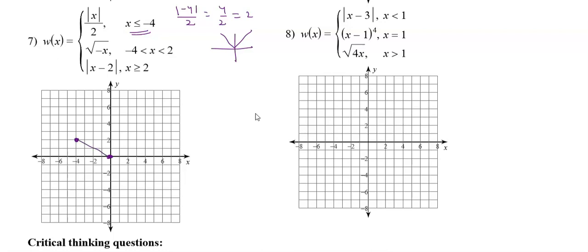And this function is true for all values which are less than negative 4. So we will only be drawing the part which is less than negative 4. The right side part we will remove. Correct? So that is how the function has been defined. So it is only this line. Good guys? Please revise your concepts of graphing if you're not understanding that.